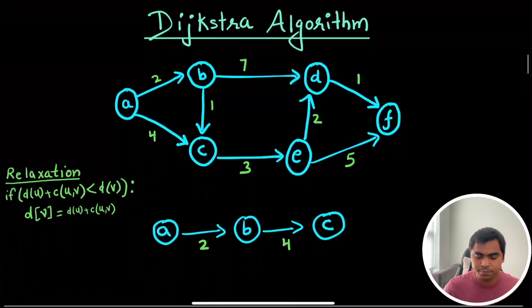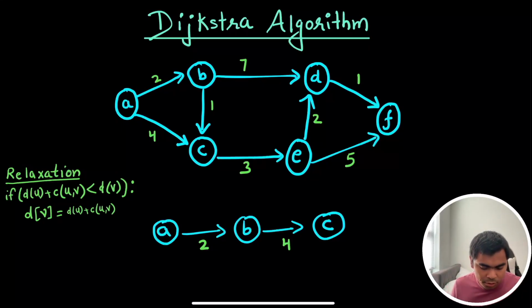Let's move on to the GOAT algorithm, which is Dijkstra's algorithm. Now it's used for finding the shortest path from a source node to all the nodes in our graph. So here I have drawn this graph that has basically 6 nodes from A to F. Now in green I have written the weight for traversing from one of the nodes to another. So you can see in order to traverse from A to B, our cost is 2, from B to D is 7, D to F is 1, and maybe in this case